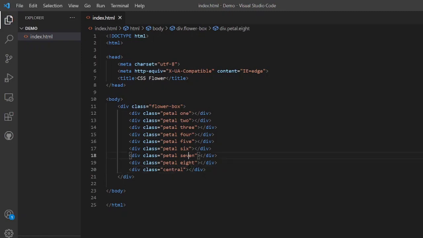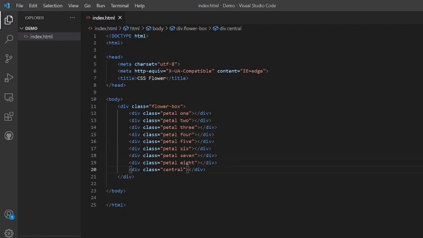Now this petal class will control the characteristics of all the petals at once. Suppose I make it of pink color and a border of red. So all the petals will have pink color and a border of red. And the 1, 2, 3 class of each division would be used to control individually the position of the petals. In that way we will be able to place all the petals in the places we desire.